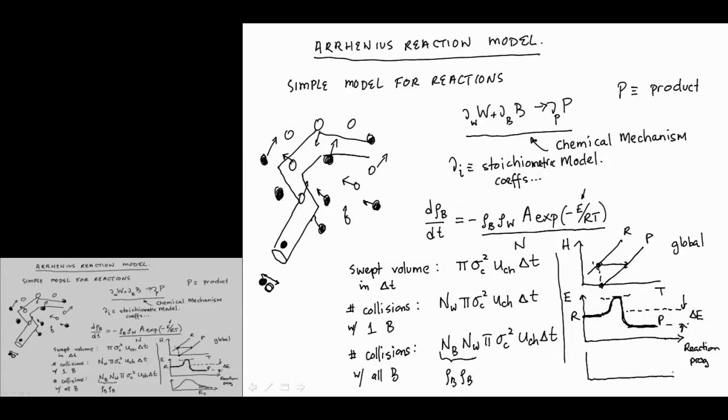And so that proportion is where we're getting our exponential of minus E on RT. So this is the thing. It's the Boltzmann distribution description of the fraction of molecules with appropriate energy to overcome this energy barrier